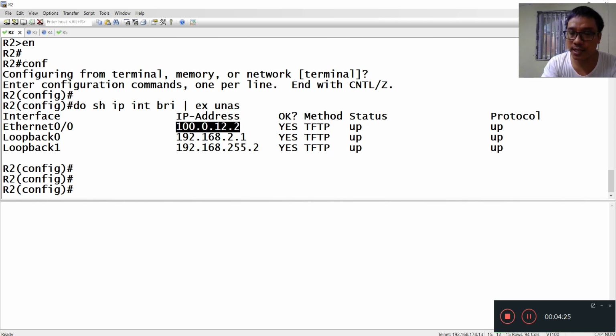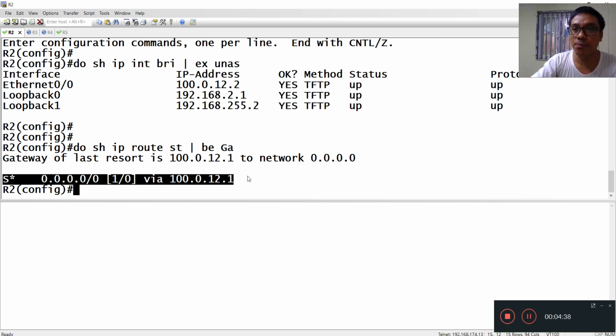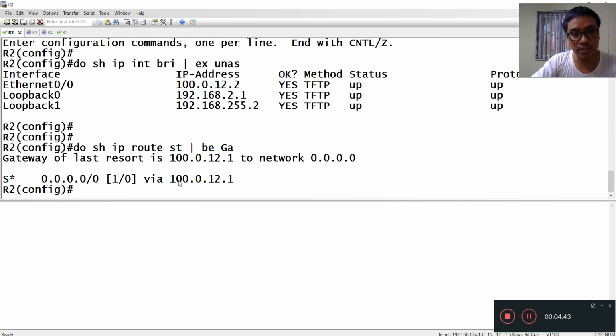We need to configure a default route to communicate with the spoke routers' NBMA IP addresses. I already configured a default route pointing to the ISP IP address, which is 100.0.12.1. Loopback 0 is our local area network. Loopback 1 is the VPN address.